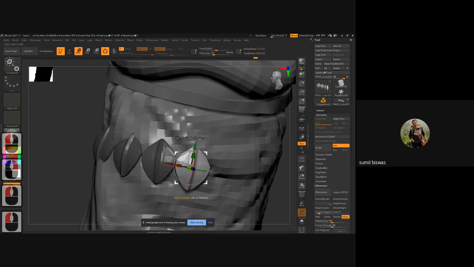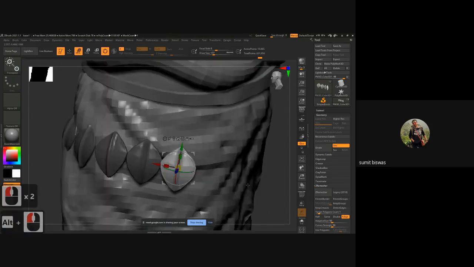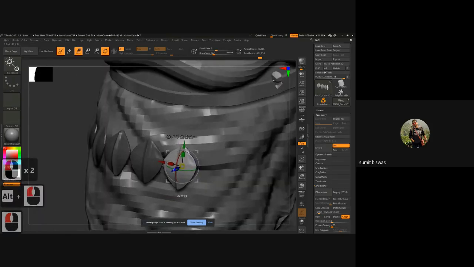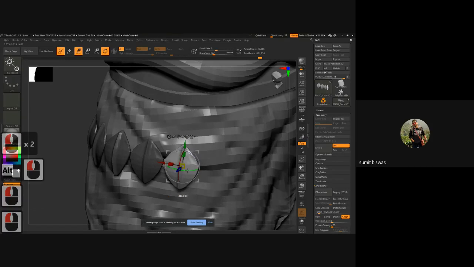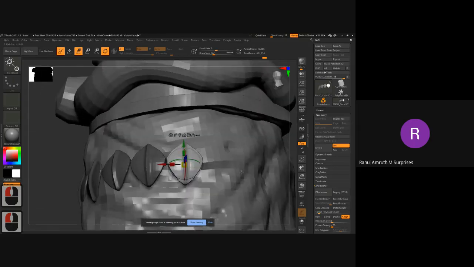Control Shift, drag one more time, push it inside, rotate. So there will be no part duplication like in the previous one. What I didn't understand was creating a curve and duplicating the model along the curve.